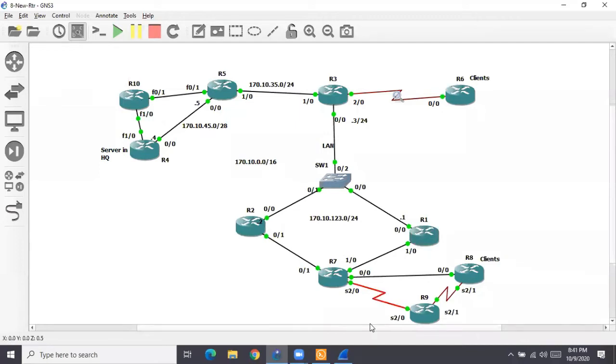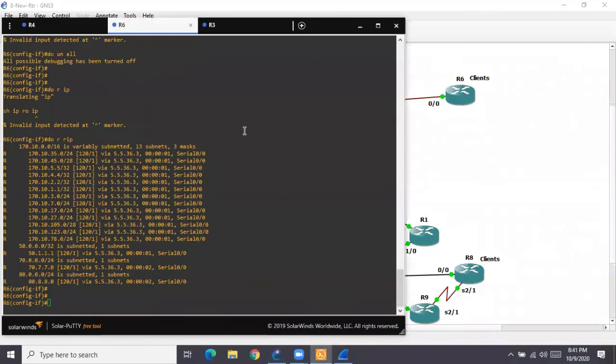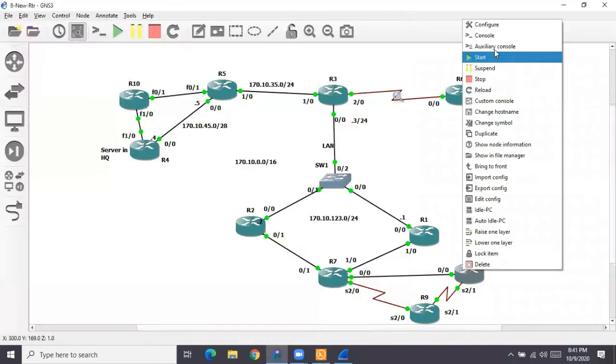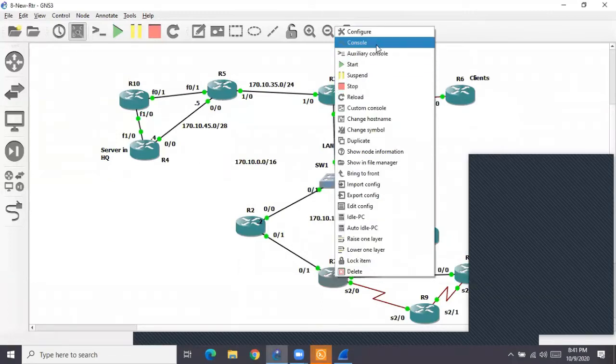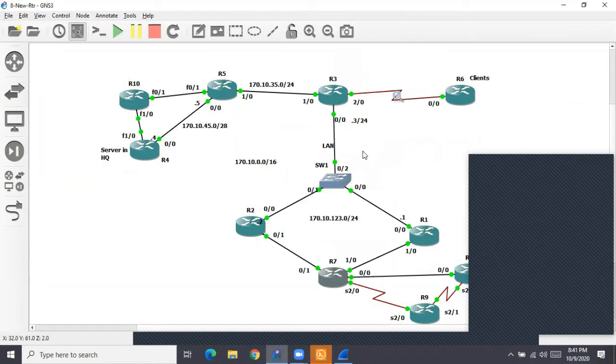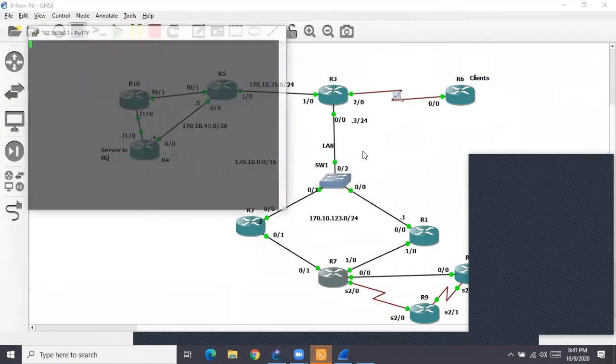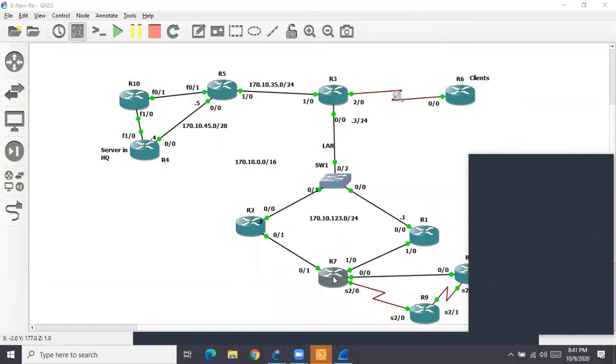Okay, so I'll go to where? R8 this time. Where is R8? Not there. Let me take the console of R8, and we'll take the console of R7 also. And we already have redistribution and all.